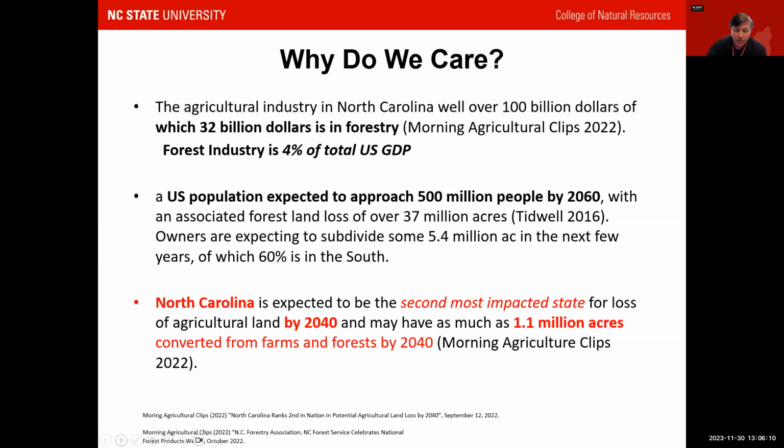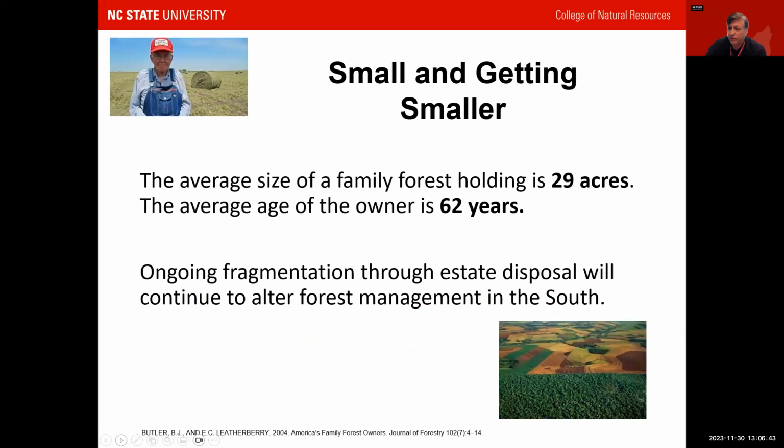In North Carolina, where I'm situated, a big ag state, it is over $100 billion in ag and over $32 billion of that is in forestry. So very, very important. And then in terms of land loss in North Carolina, we're probably slated by the year 2040, they project, to lose close to 1.1 to 1.3 million acres from development. So for all those reasons, we really want people to stay